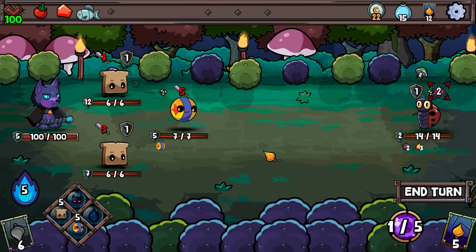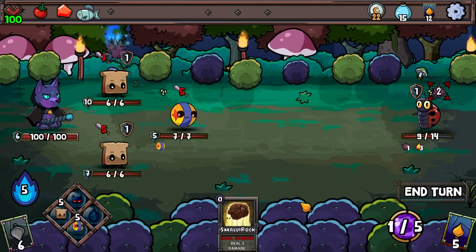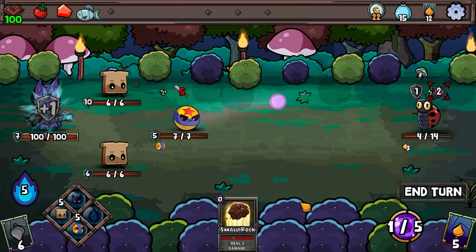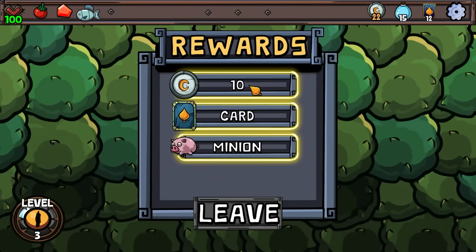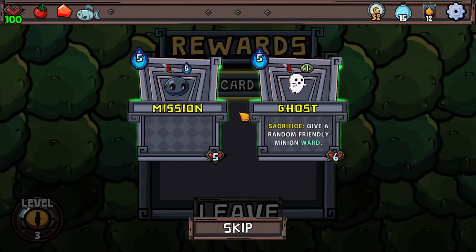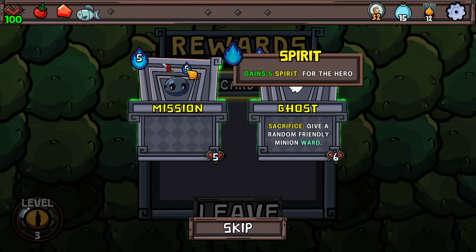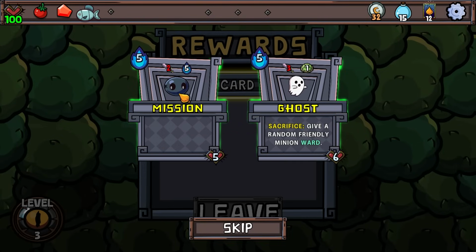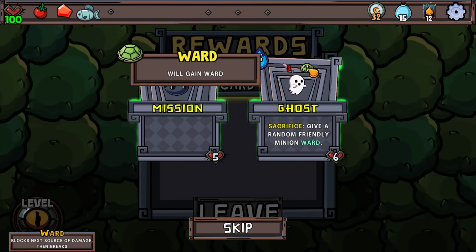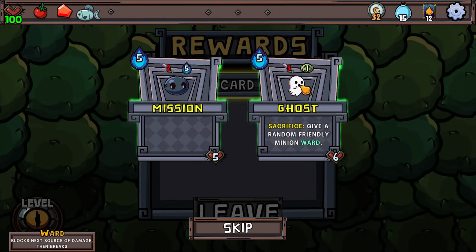But all right. I could... Once one of you looks like you're about to die, I will sacrifice you to get armor for the others and summon in someone else. Oh, no, never mind. Okay, I woefully underestimated how much damage you were going to do. Gains 5 spirit for the hero every turn? Oh, that's really nice. Go, sacrifice. Give a random friendly minion ward. Honestly, neither of these is super useful to me, but...